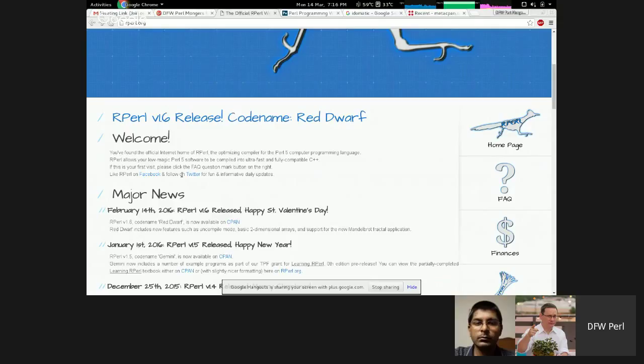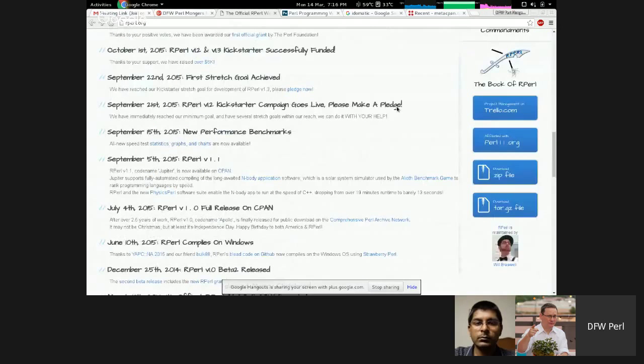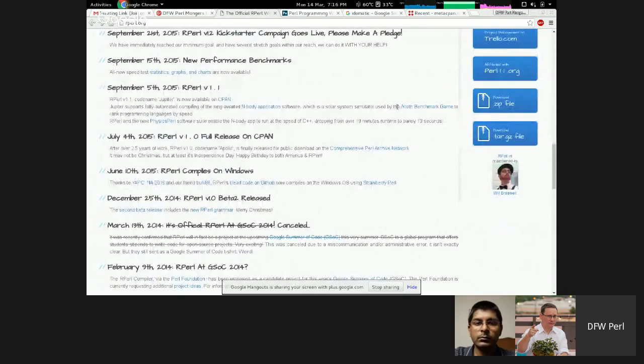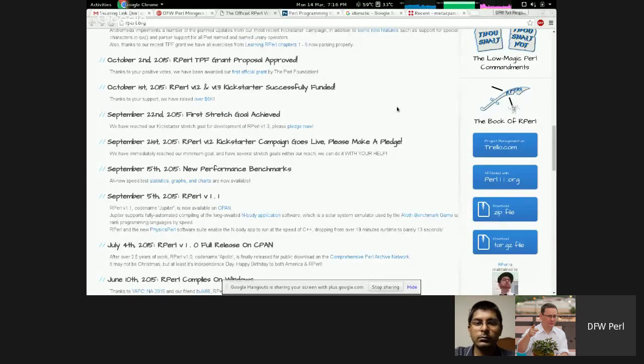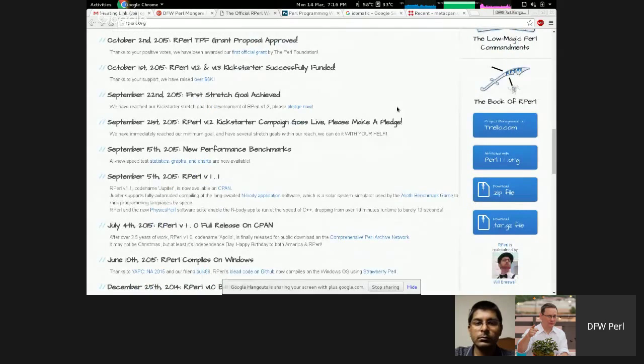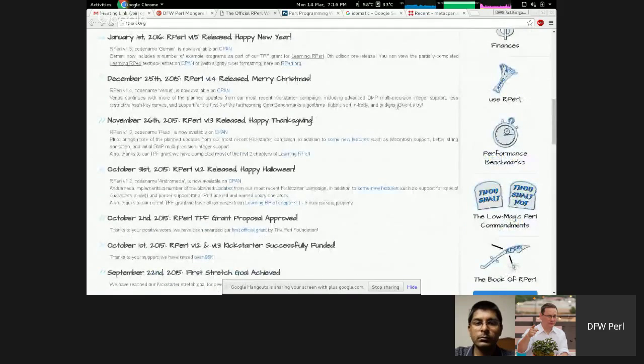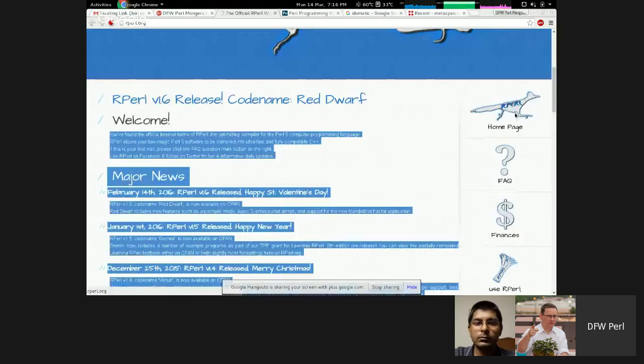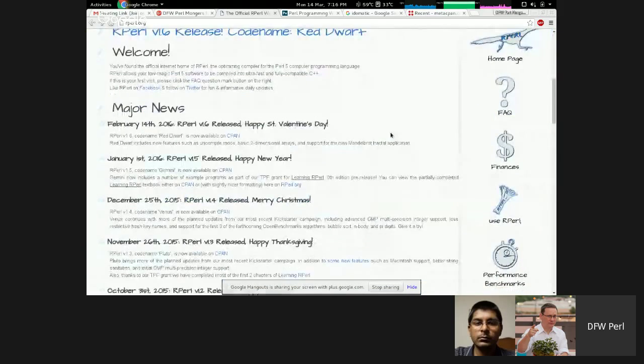So on Valentine's Day they released the last major release, and while it seems like it has a single maintainer, William, it does have traction. I know because there are people who are using it. I find it interesting, the idea that you can take some Perl, as long as it's not high magic Perl doing clever and fancy things, compile that into C++, shove that in a compiler, and run that. And if you look at the FAQ, it talks about what you get from that.